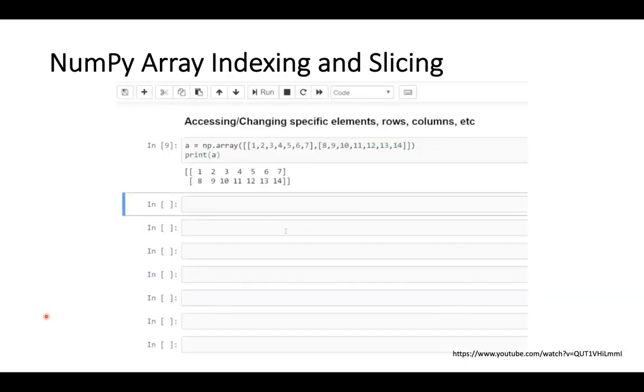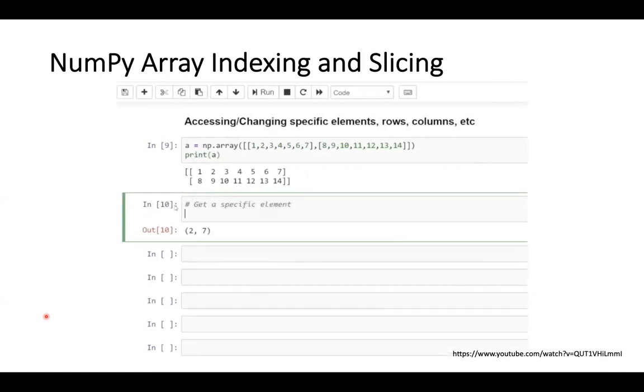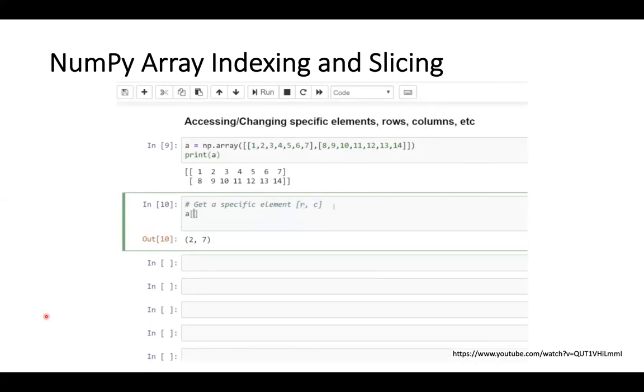Okay, and I could prove that it's 2 by 7 by doing a.shape. That's just a reminder. So what if we wanted to get a specific element? Well, to do that, we can use this notation of row, comma, column. So this is the row index, this is the column index. So I could just do something just like